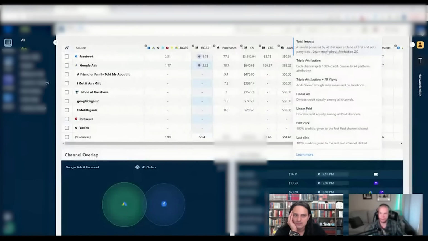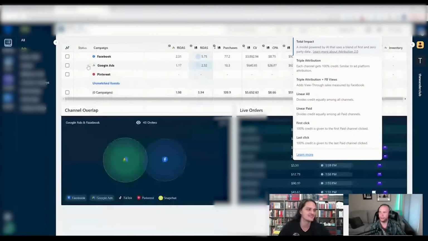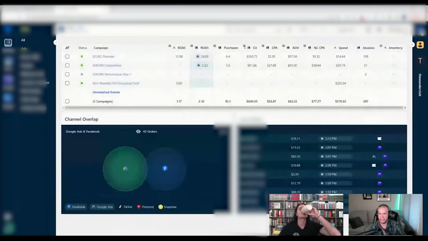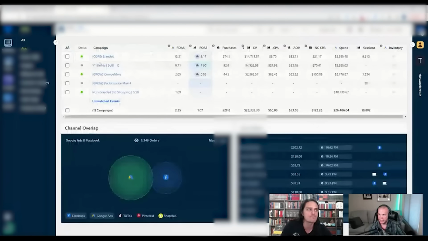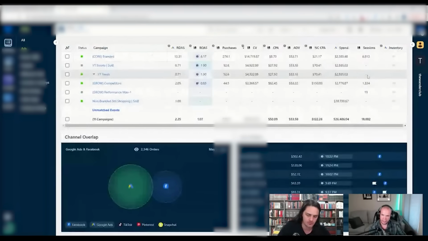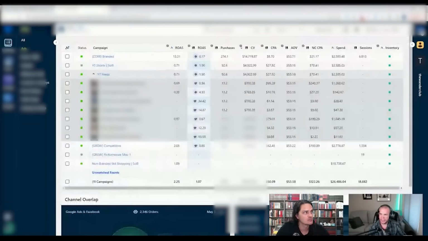A model powered by artificial intelligence, of course, because everyone's on the AI bandwagon, that uses a blend of first and zero-party data, which means when we don't know where it actually came from, we think it came from here. Yeah, exactly. So when you look at Google Ads, I said, interesting. Let's look at the last 30 days. In my YouTube Shorts campaign, as an example, how did this come about? You mean that every single one of these videos made 13.2 purchases, whether I spent $20 or $1,200, which means I either got a 0.56 ROAS or a 3,400?